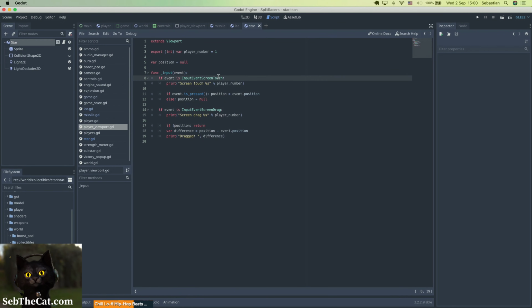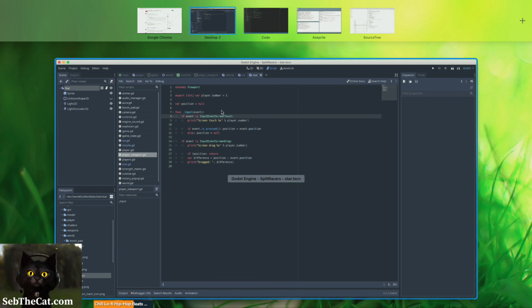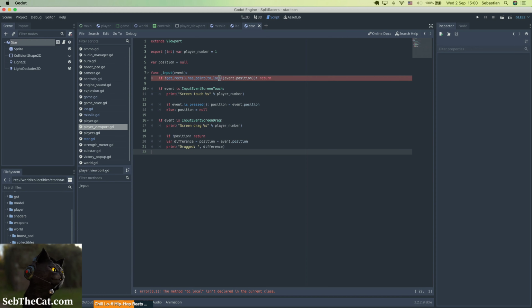Okay. Okay, so if it's a... thank you, because it's on tight. Get rect has point to local event position. So if not, let's just return, right? So if this event position is not within our rectangle, then let's just return early, right? What are you complaining about? To local isn't declared. Okay, well, let's just